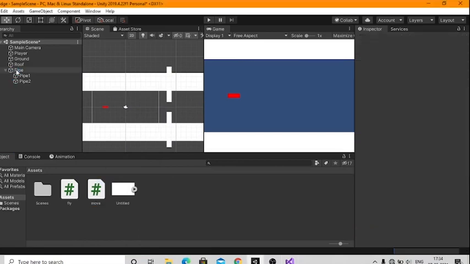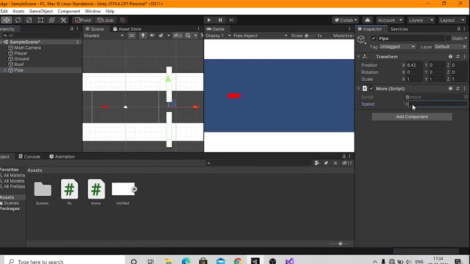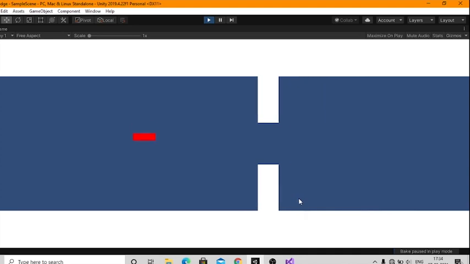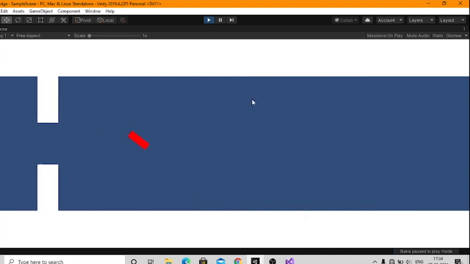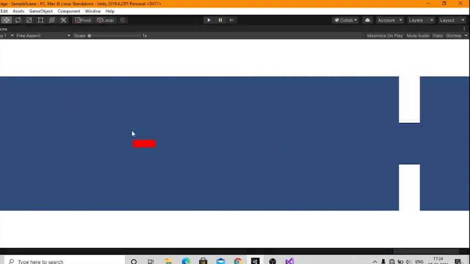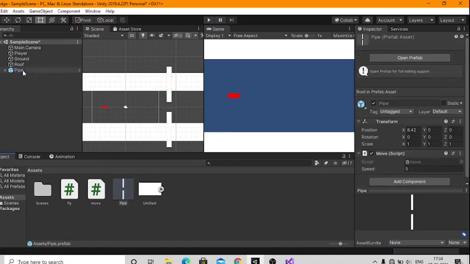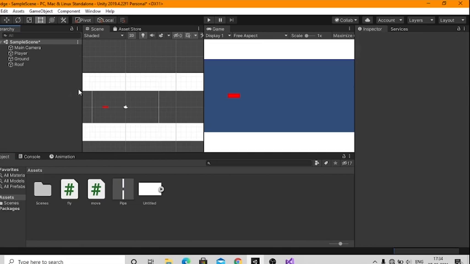Change the speed to 5 in the inspector. Test the game and see if it works. Now make the pipe a prefab by simply dragging and dropping it to our assets, and delete it from the scene.